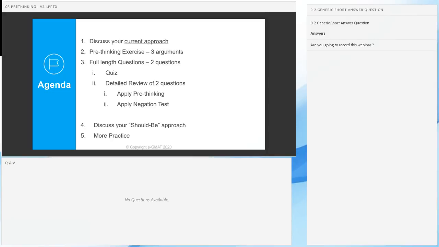We're going to use these three arguments to make sure that we have a solid foundation that we can build upon, and then you'll see that I'll go back to that foundation as questions become more and more challenging. I'm going to ask you to recite the definition of an assumption, what a conclusion does, and how the logical structure is built. And as you give me your answers, you'll be able to figure out why something is wrong and